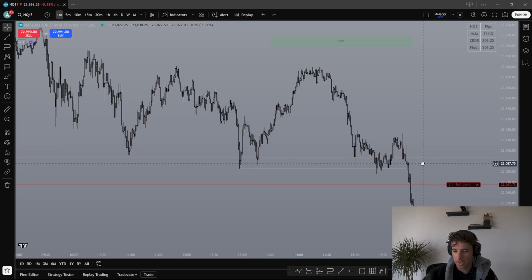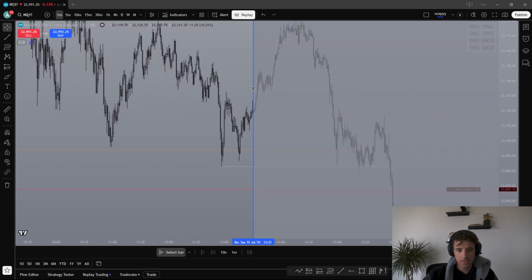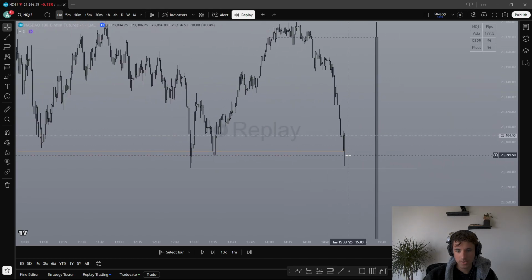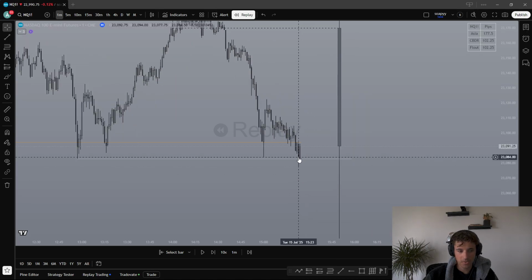You can see my screen, right? Yeah. So this is structure right here. And then let's say we're over here. This is not a break of structure because we didn't close below this low. But when we get a candle close, not a wick, so this is still not a break of structure right here. Still not a break of structure.